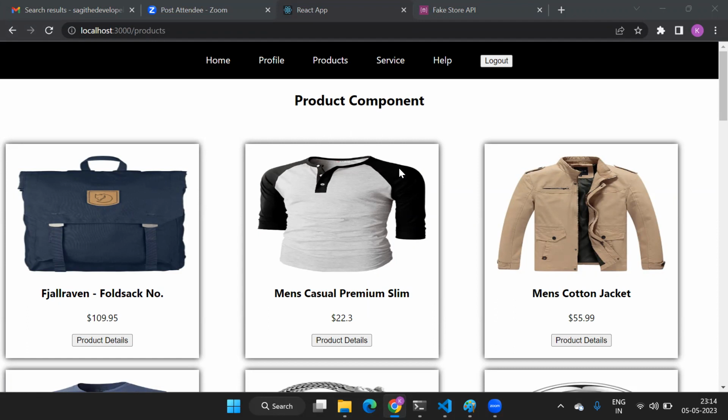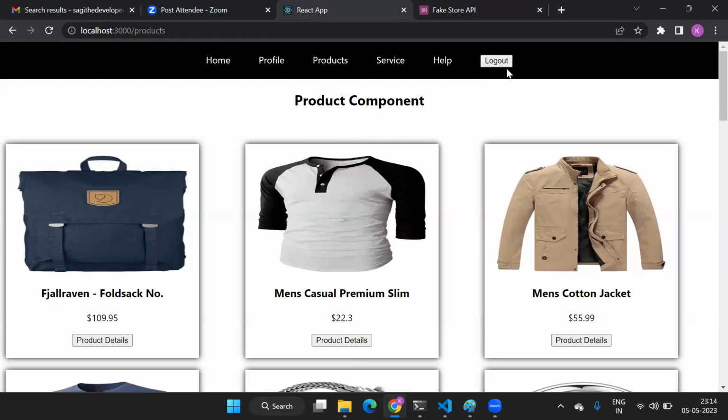Why will I not get the login component? See, if I click on logout, I'm clicking on this logout, but still I am on the products